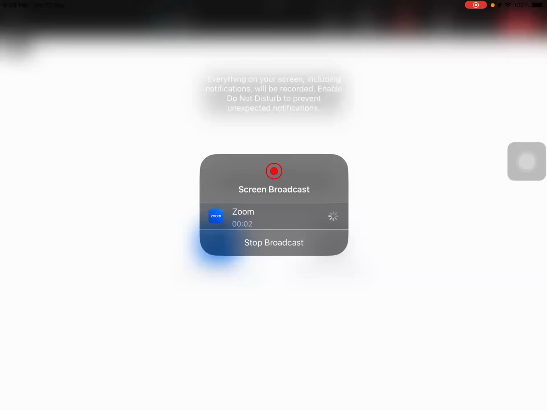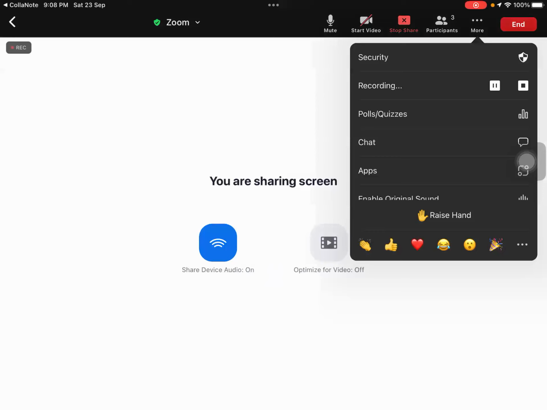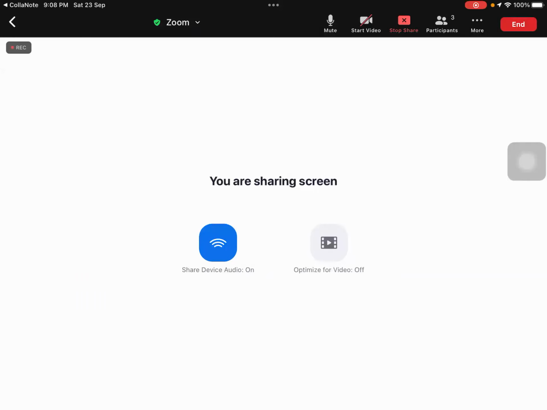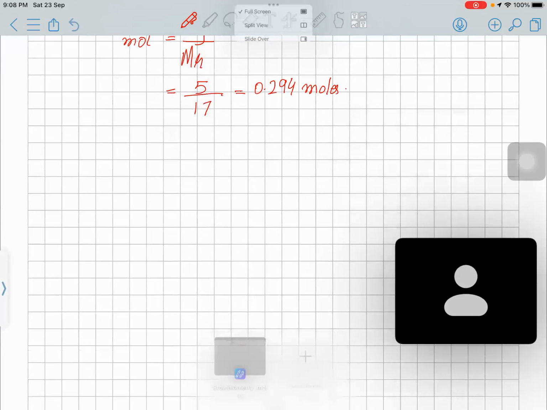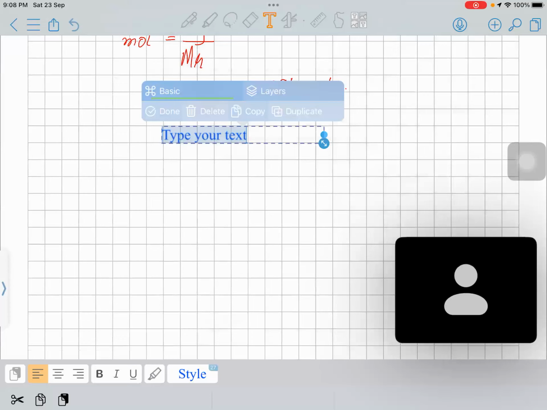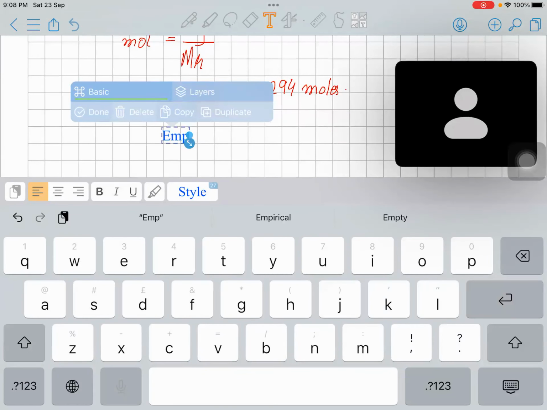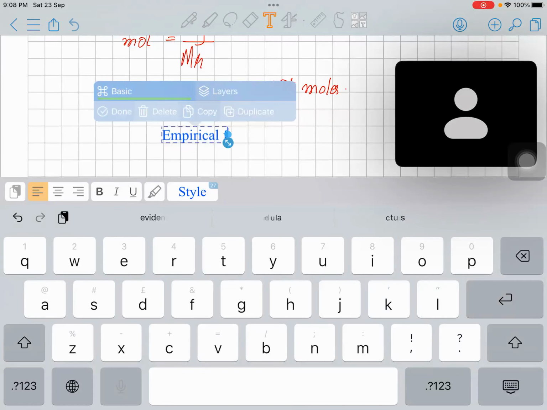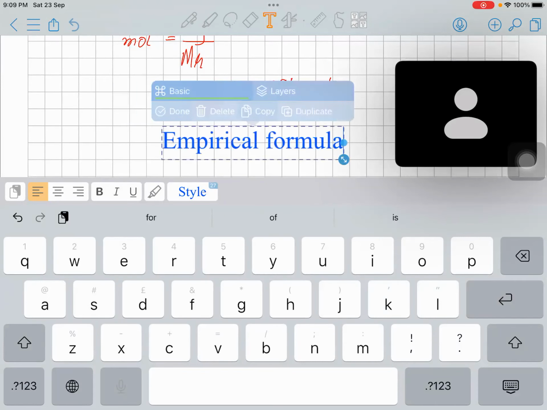Empirical formula. Yes, beta. Next topic is empirical formula. Yes,